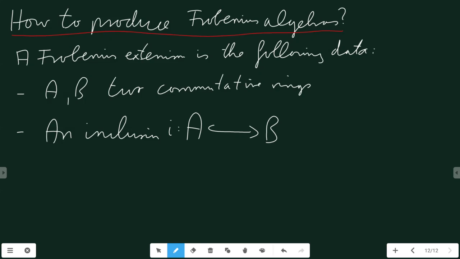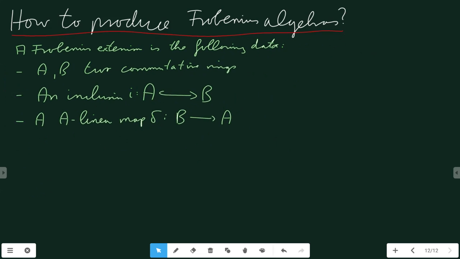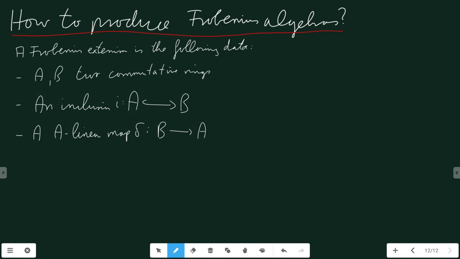So you should think of A being the ground field, or the ground ring, and B is kind of the thing you're interested in. And the only thing you additionally need is a linear map, which I will call delta. And this goes the other way around, from B to A, such that, well, a little bit more space. I want to put it on what page? So that, oops. Very good. Such that